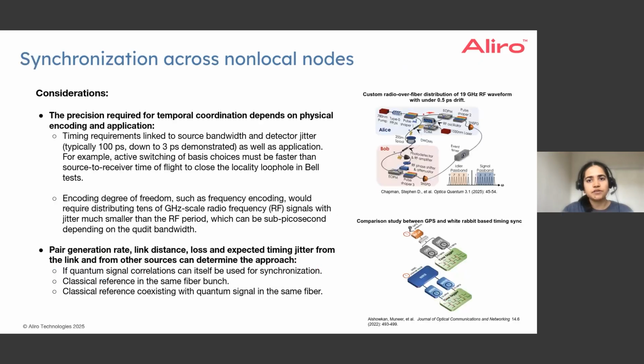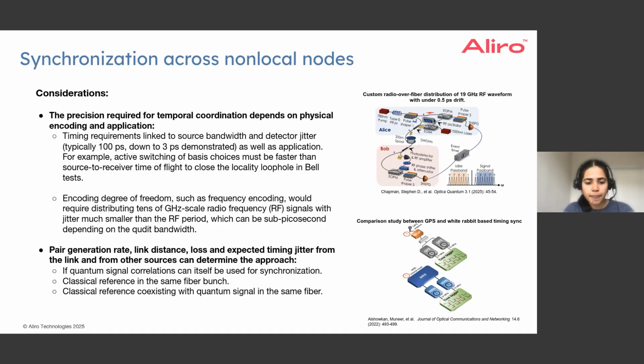And these are some considerations that we can dive into in a little more detail when we think about synchronizing two non-local remote nodes. The precision that is required really depends on which degree of freedom is used for encoding and what the application is. If you're using, for example, frequency encoding, the timing requirements can be extremely tight. In such cases, there's a requirement for tens-of-gigahertz-scale radio frequency signals to be distributed, and the jitter needs to be much smaller than the RF period, and it can even be down to sub-picosecond requirements depending